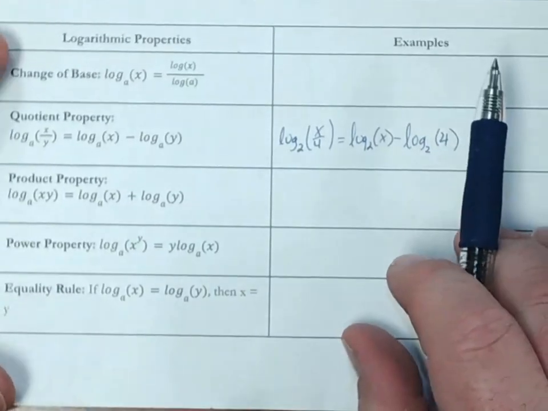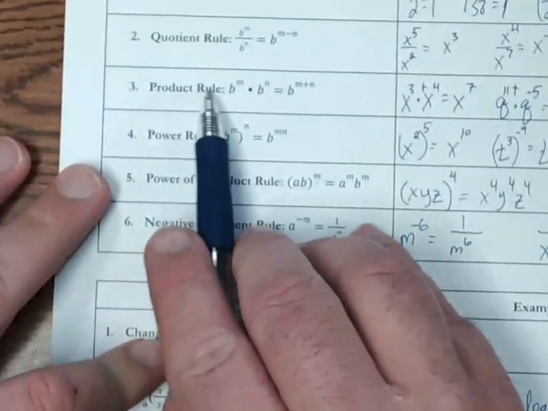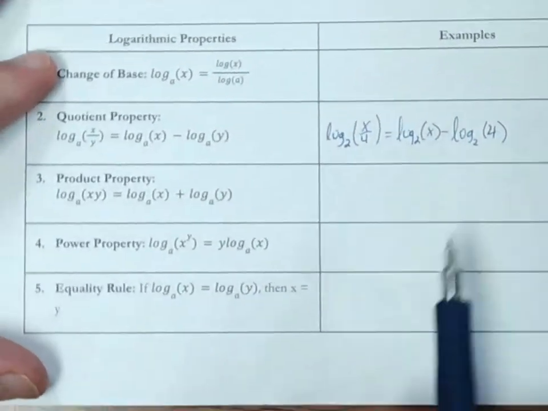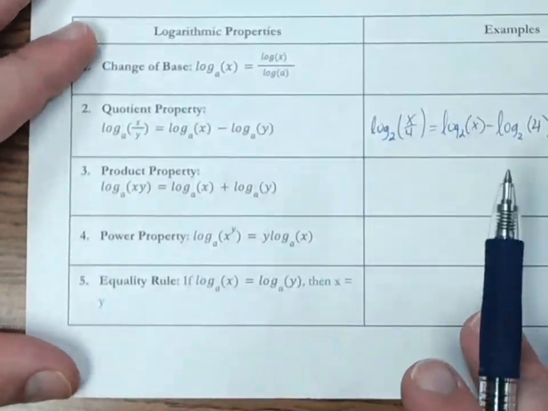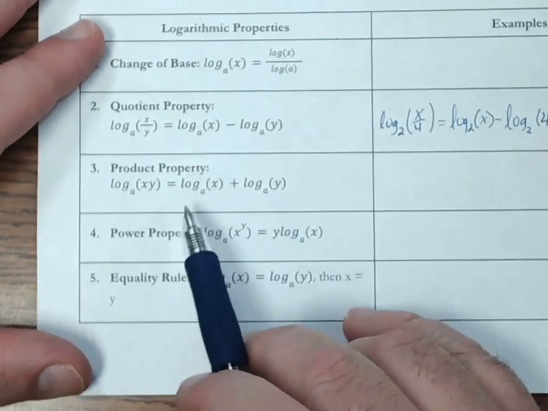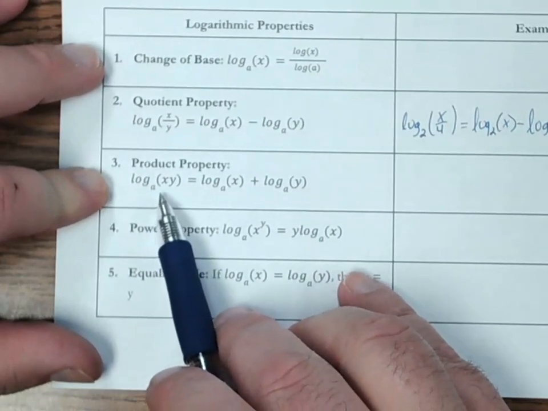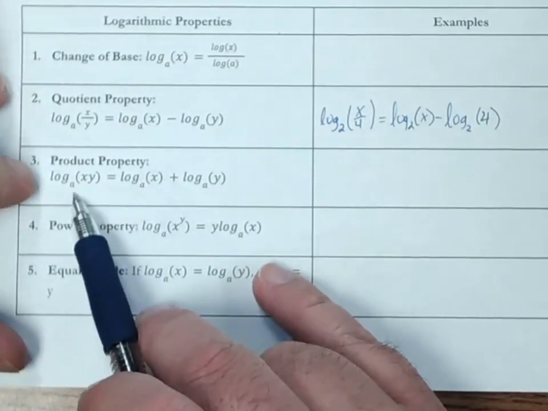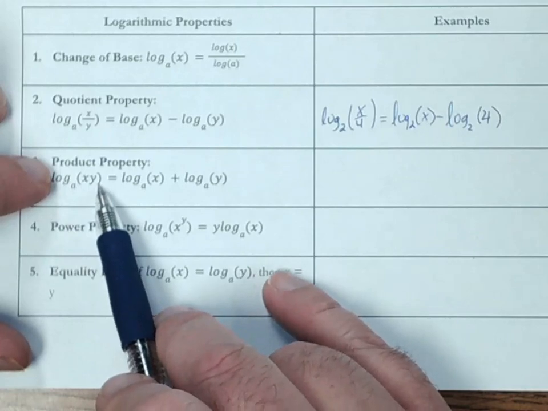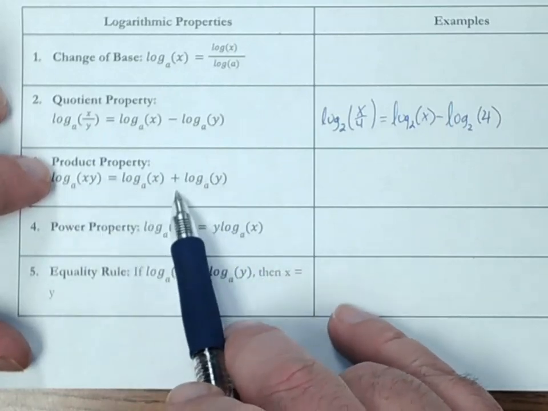The bases must be the same. Now, we had a product rule up here. Logarithms also have a product rule. And remember, the product rule for exponents was if you're multiplying the two expressions, you can add the exponent. Well, we can do something similar but in reverse for logarithms. If you are multiplying two things that you're taking a log of, you can rewrite them as two separate expressions